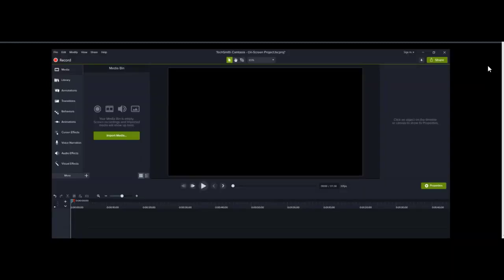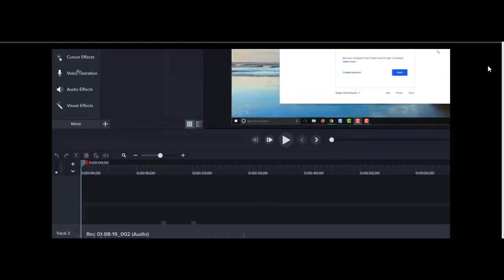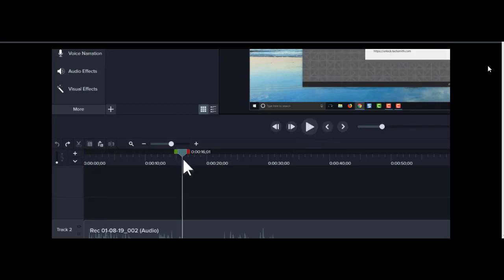The capture automatically appears in the media bin, on the canvas, and on the timeline, where the top track is audio captured from your microphone, and the bottom track is screen video and system audio. To preview the recording, click the play button or press the space bar. To jump to a point in the video, click on the timeline, or click and drag the playhead to scrub